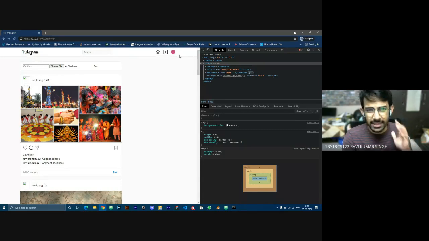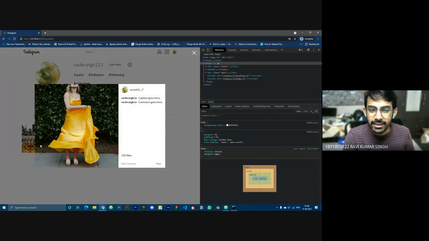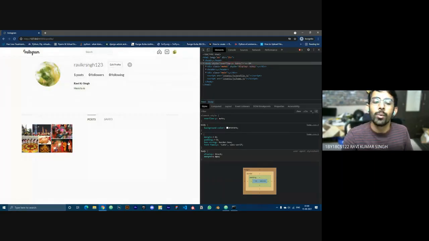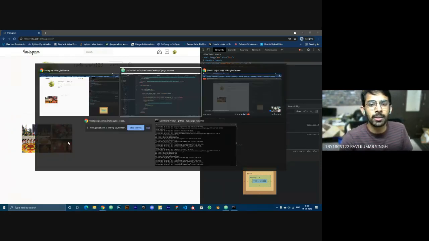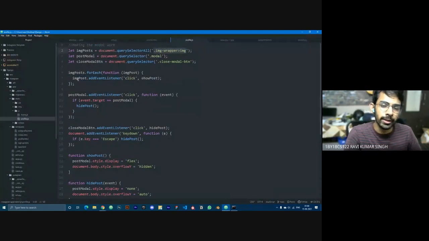Something like that is also happening with the profile section. This particular modal, whenever we click on close or click outside the post space, it gets closed. That means display becomes none, something like that. Let's just see how it is working.